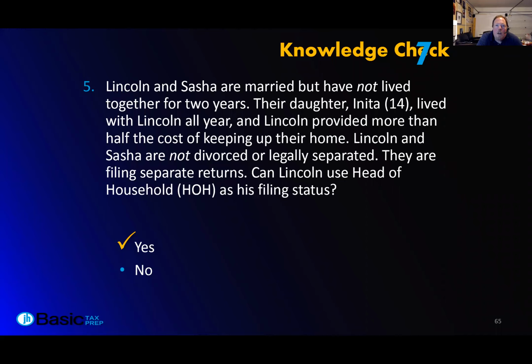Okay. He can't claim Sasha for head of household, but his daughter, he can. The 14-year-old. Okay, so that's the important thing. Read, I know it's stupid, but read that, just follow the rules, follow the checklist. Relationship, residency, support. That is so hard sometimes because you want to go, well, they didn't live together or whatever. The parents didn't live together, but he and his daughter did.